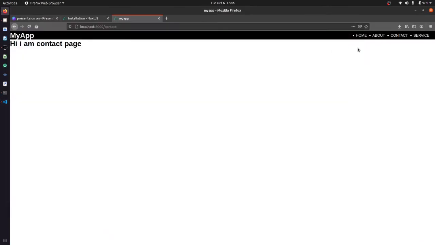Let's go to our about page. You can see that it's written "edit me", and if I type something we cannot see anything here because we haven't bound that data into our application.